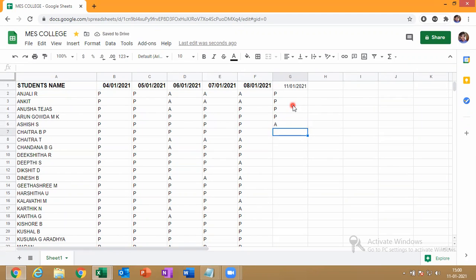Chaitra BP, present, sir. Chaitra T. Chandana BG, present, sir. Dikshita R. Deepthi S, present, sir.